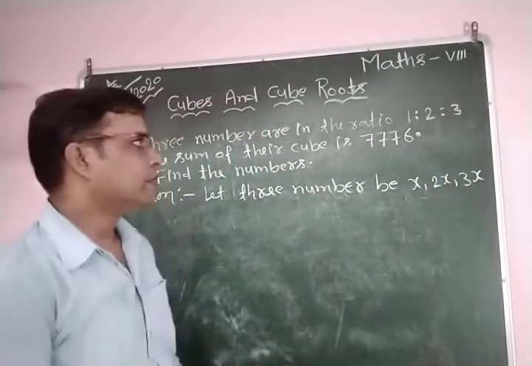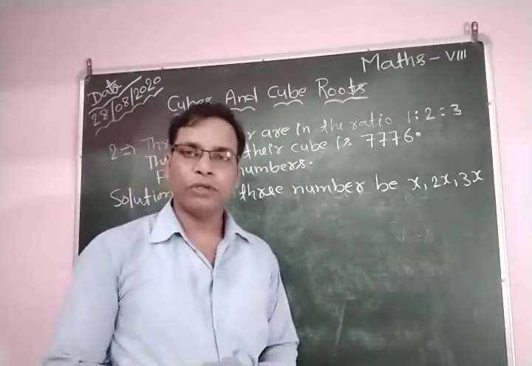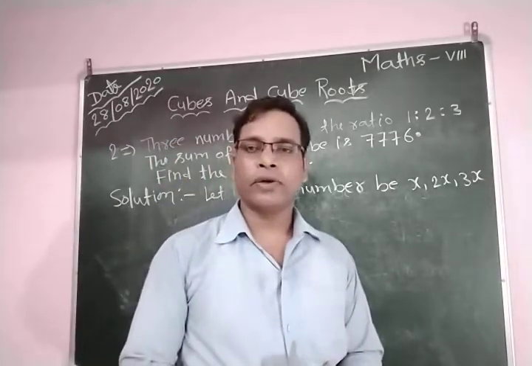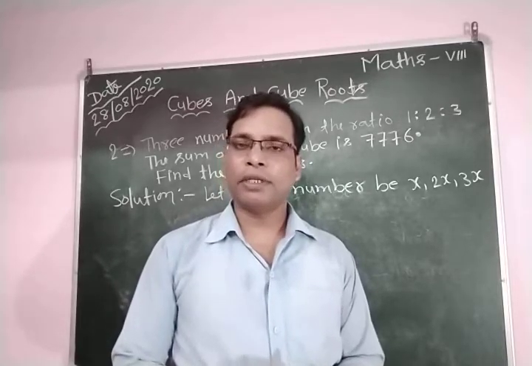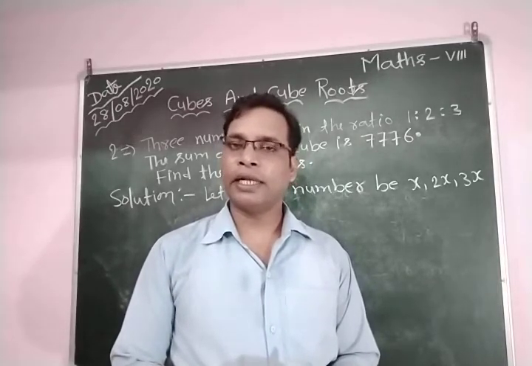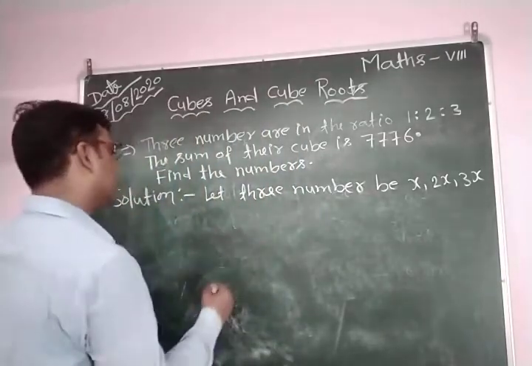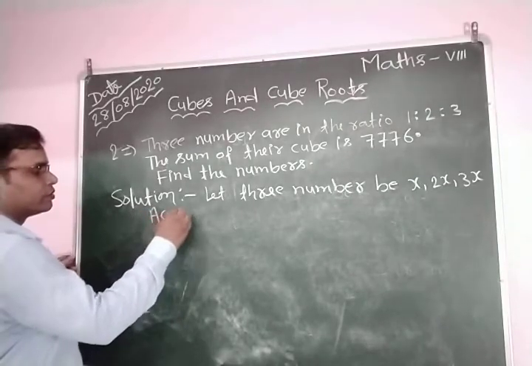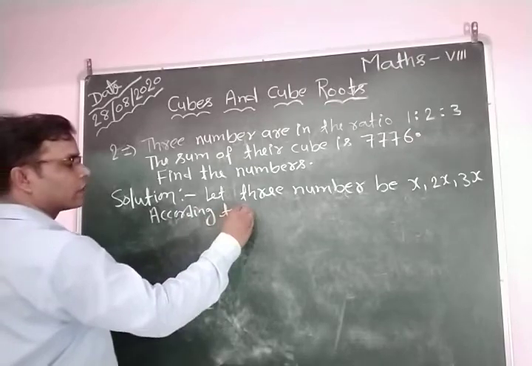Clear? After this, the sum of their cubes. You know how to find the cube of any number. The cube of a number is the product of the number by itself 3 times. Okay, so the cube of x is equal to, according to the condition, according to the question,